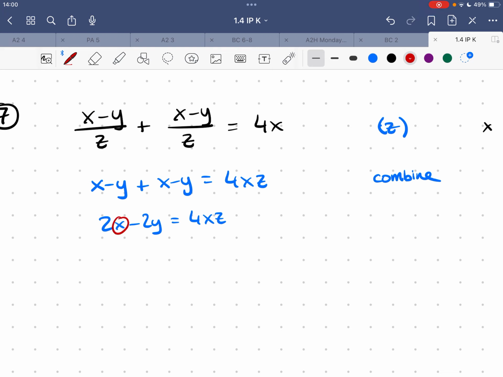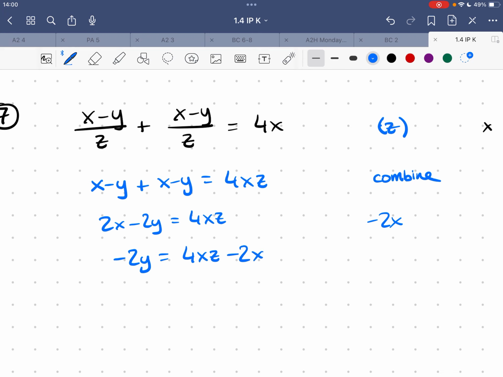In this case now, after my little simplification, I still have two x's there. I wanted to bring them all to one side. I could bring them to this side, but then I'm going to have to move that the other way. So I think it makes more sense to directly move this to this side. How? By subtracting 2x from both sides. If I subtract 2x, I'm going to get negative 2y equals